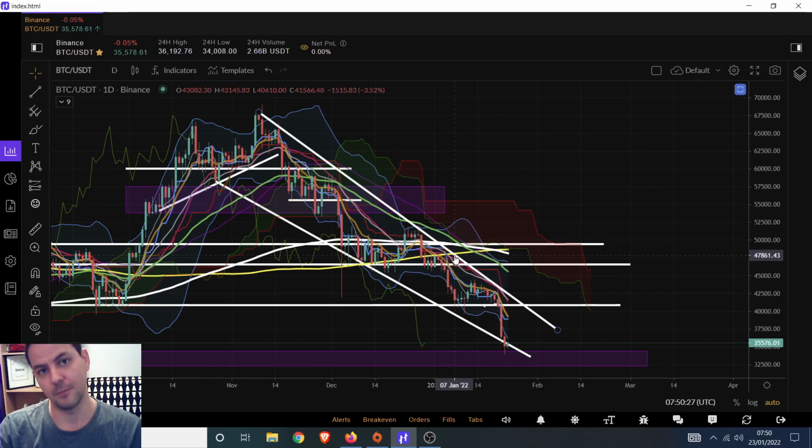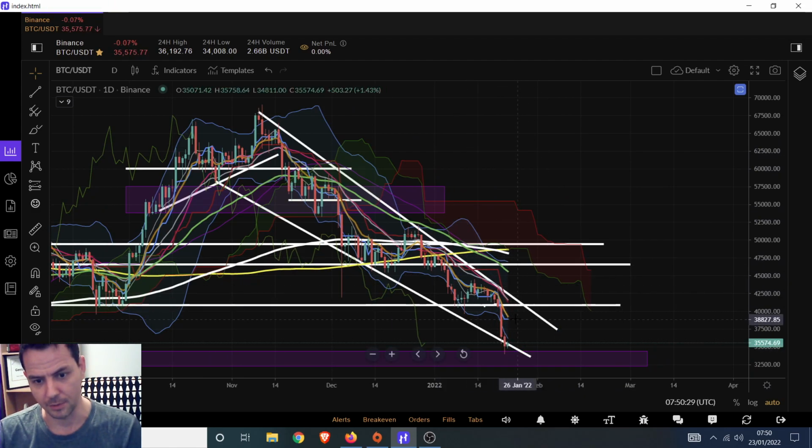That's in the short term. We are looking for a little bit of upside. The 10 exponential today is coming in at 39,000. Tomorrow would be about 38,000, and at this kind of steep direction, we're probably looking at about a $700 or $800 a day downtrend of resistance for this 10 exponential. So bear that in mind.